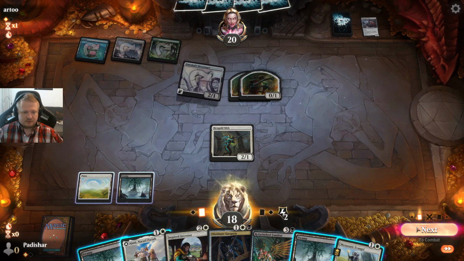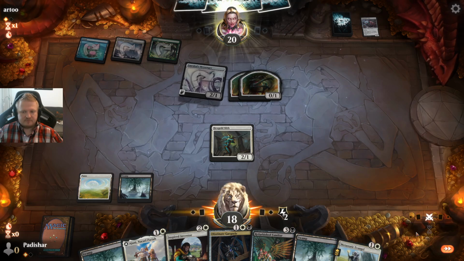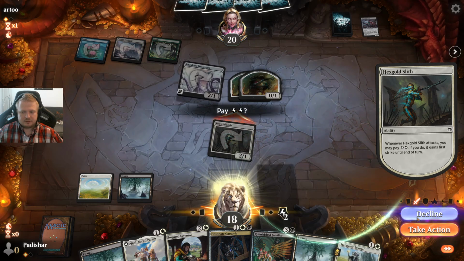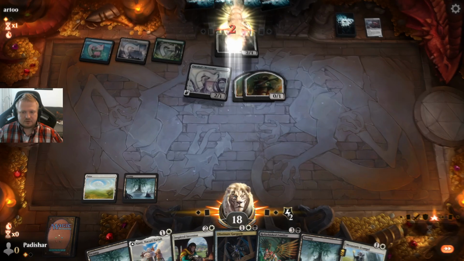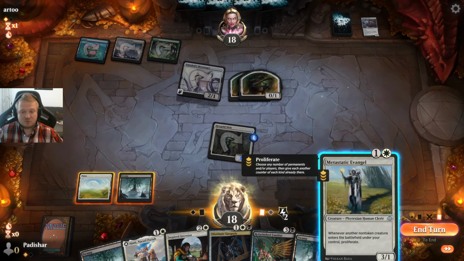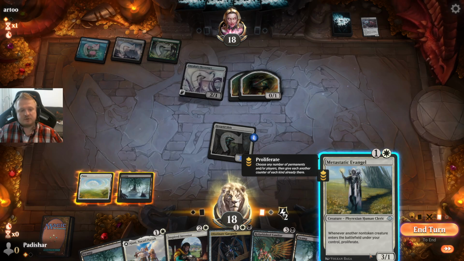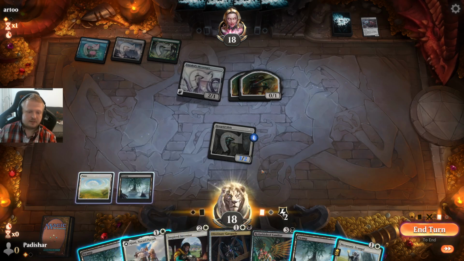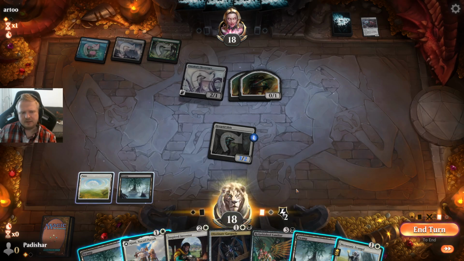Alright, so let's not give them any further information. I don't think there's any limitation to decline. Limitation to... yeah, how many? But it does say non-token, so it's actually not going to get double trigger from Ajani. But what I could do here is just play the Gargoyle and then